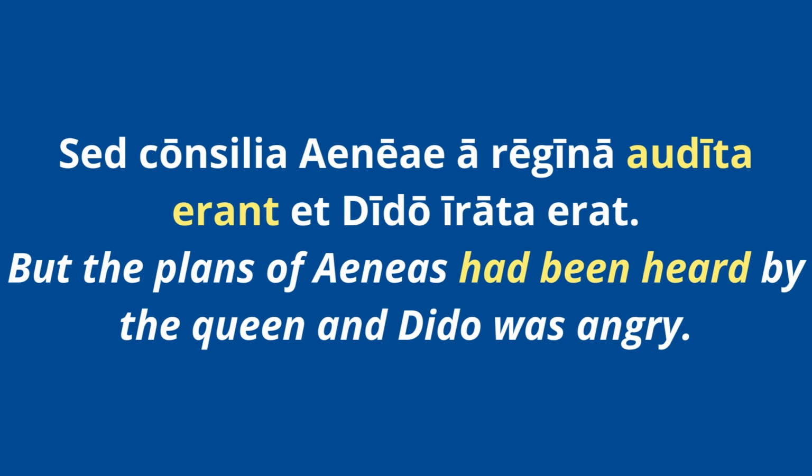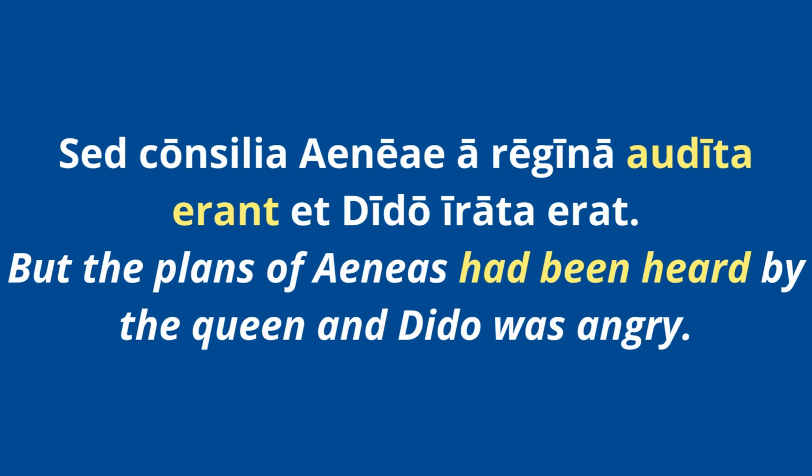The reason I bring this up is, again, audita erant and errata erat look similar. So if you're not paying attention, you might think you're looking at some verb that you're just not familiar with or some principal part. That's not it. And the confusion comes from the fact that fourth principal parts are using adjective endings, right? So they kind of look like adjectives. That's the idea. So this is where you want to be careful. When you see the verb to be, even if it's present, imperfect, whatever it is, you always want to look to see if it's going with a fourth principal part, but it has to be from a verb, right? That's how you can tell.